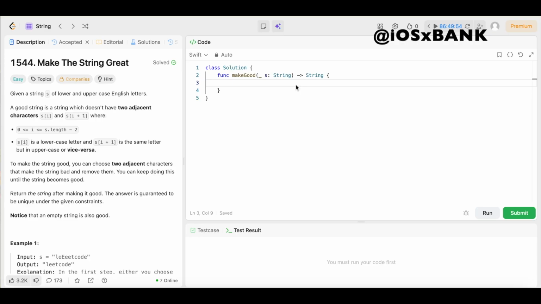All right, y'all, we're back again, another day, another LeetCode problem where we're doing daily LeetCode problems. And today we have question number 1544, make the string great. The difficulty level is easy, so you already know we're going to keep the solution as simple and easy to